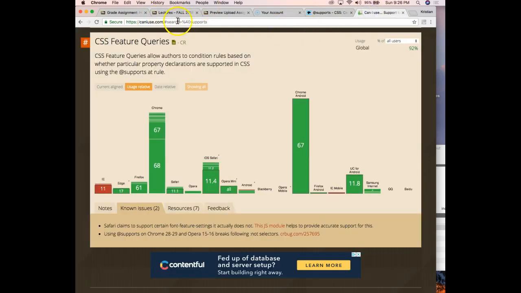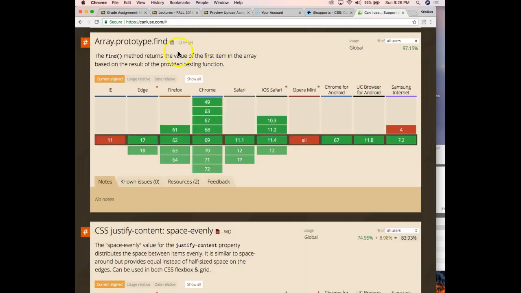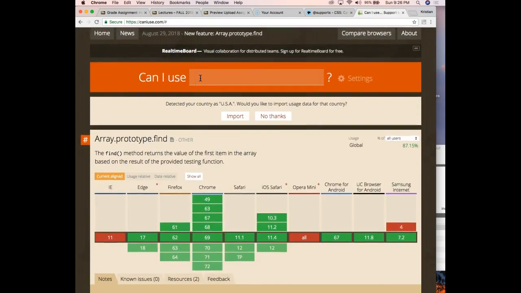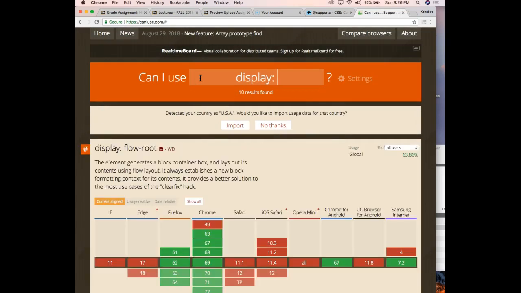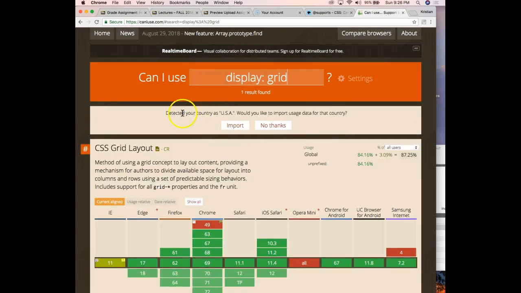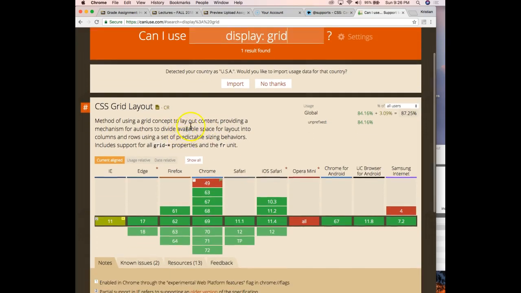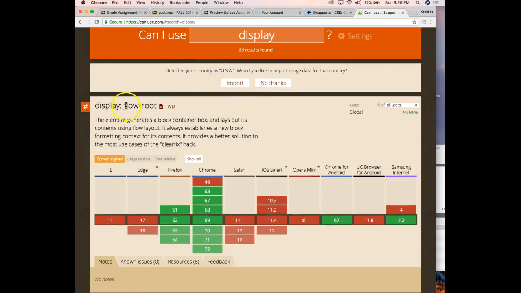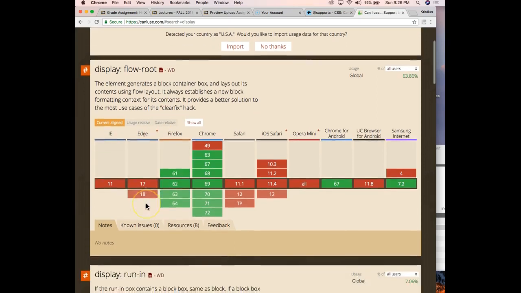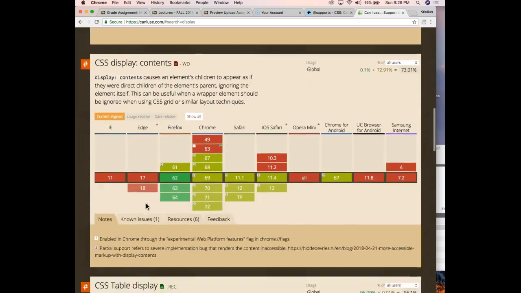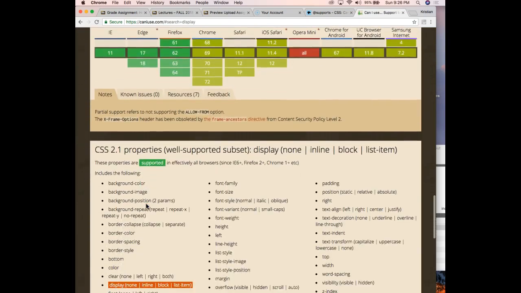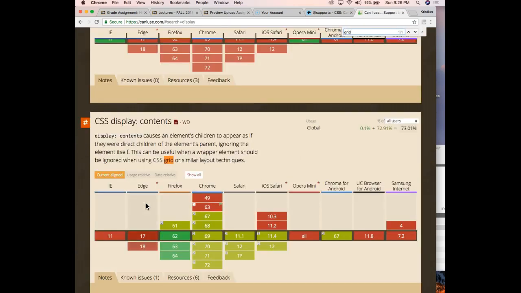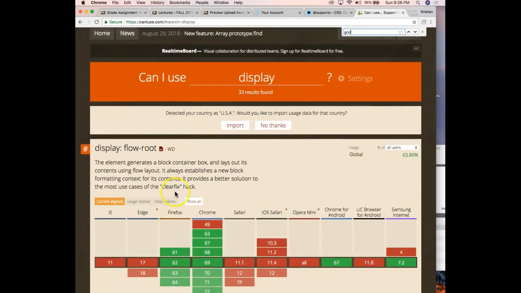Now, if I go back to the search here, and we look for Can I Use display: grid? And we run this. So basically the grid concept and this display property doesn't always have, like right now we're doing display flow root. And flow root is very unique. But when we scroll down a little bit, display contents, display table, and we can actually look for the grid in the scroll. So display contents, that's as good as we can get in this section. So when we look for display: grid,